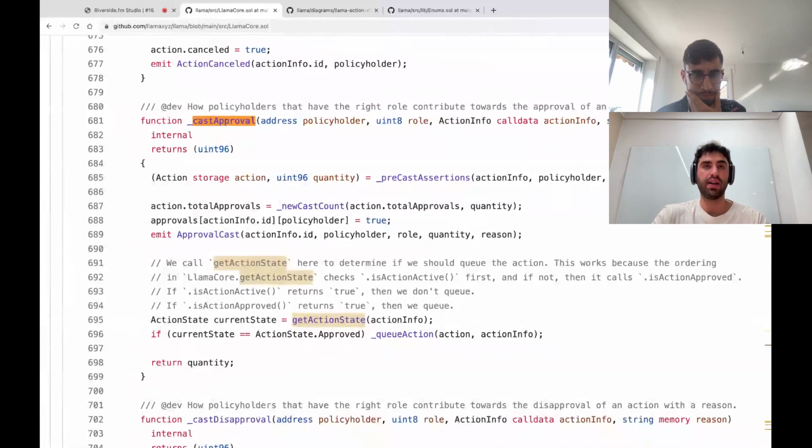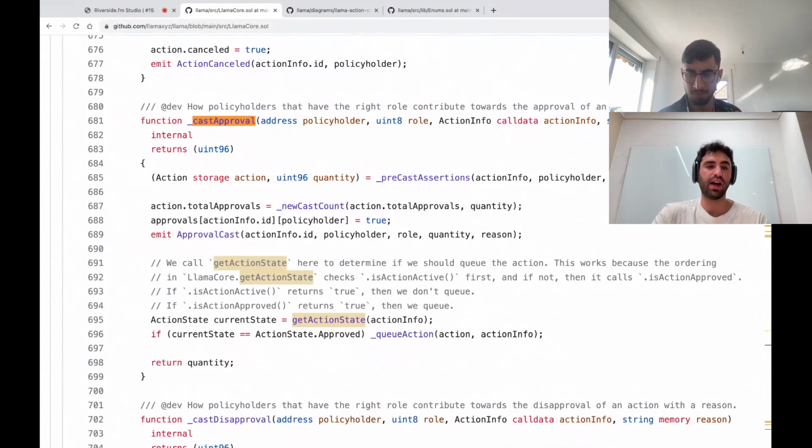The way to think about how roles and permissions tie into these core contracts is that roles are used to determine who can cast approvals and cast disapprovals. And permissions are used to determine who can create actions. So now that we're in the casting approval process, roles become a lot more important.